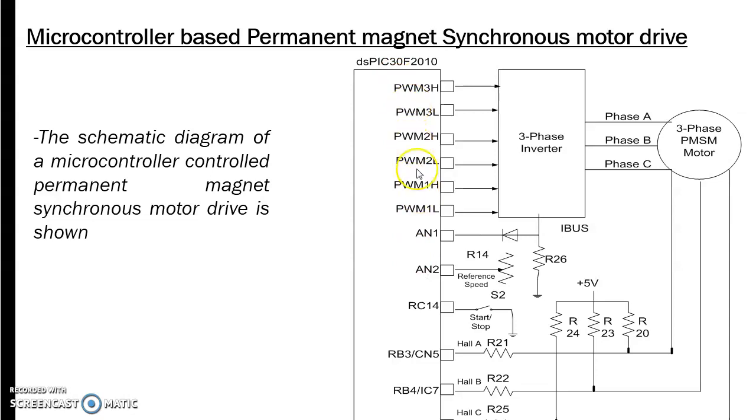According to the rotor position information from the Hall effect sensor, the controller will generate PWM signal to control the inverter to give the desired characteristics of the permanent magnet synchronous motor drive.